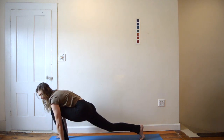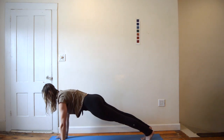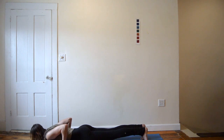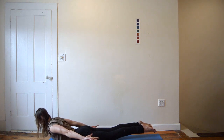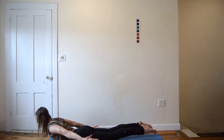Step all the way back. Plank pose. Inhale, shift forward. Exhale, lower down. Untuck your toes. Wrap shoulders back this time. Just lift everything up off of the floor. Shalabhasana, locust pose. And as you move the shoulders together, reach the neck away from the rest of your body